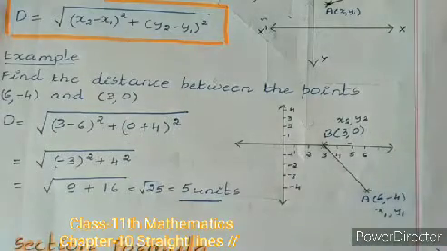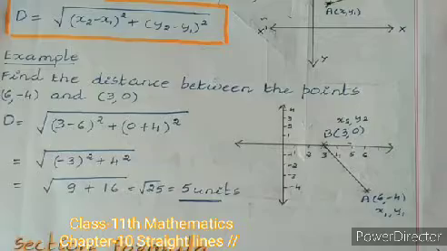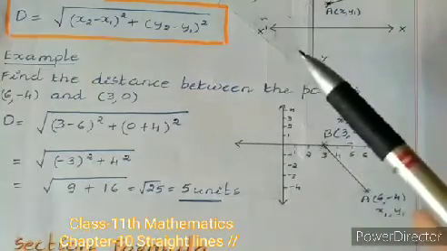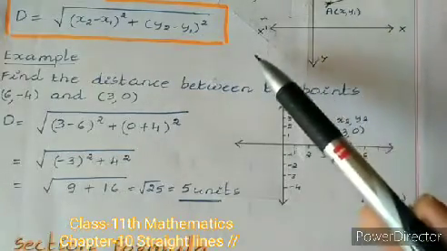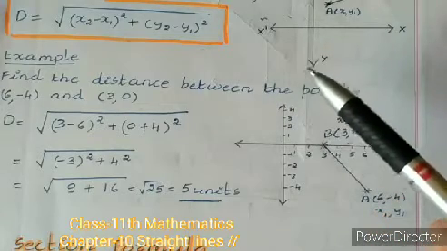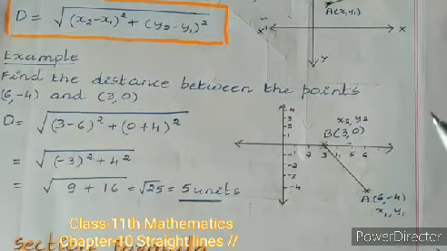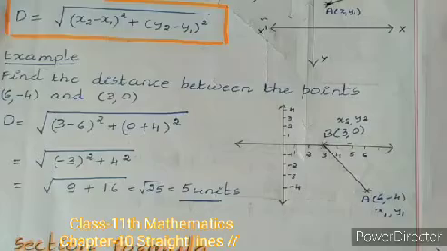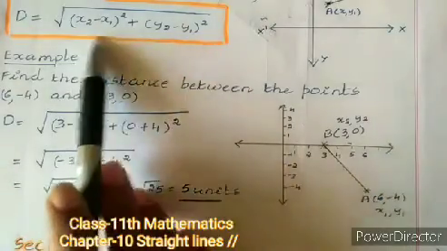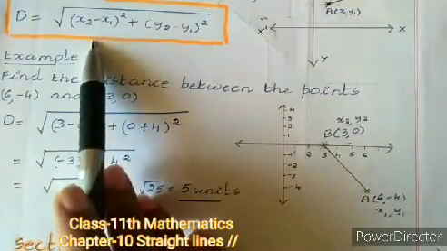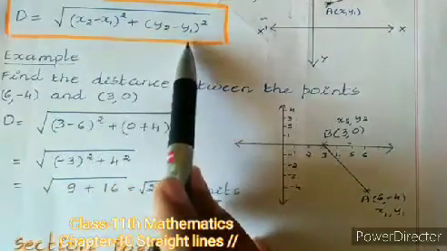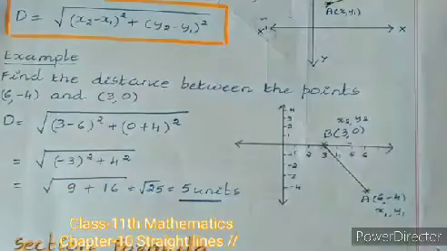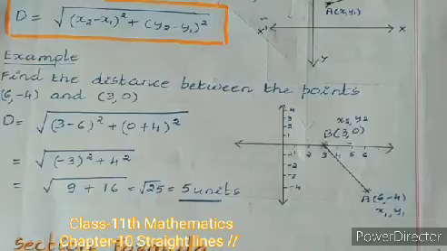So like this way we can find out the distance between any 2 points by using this particular formula, and here the distance value must be a positive value. If you're getting a negative answer, then you have to make that one a positive value. And here you can interchange: you can write x1 minus x2 or you can write y1 minus y2, that doesn't make any difference. So this is known as the distance formula.